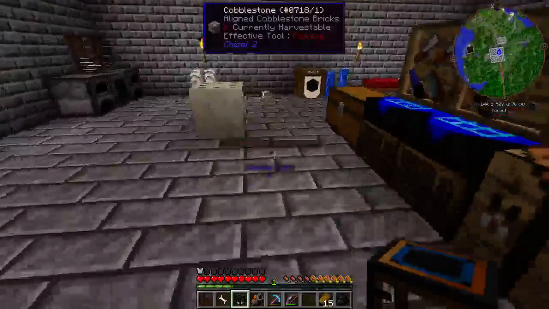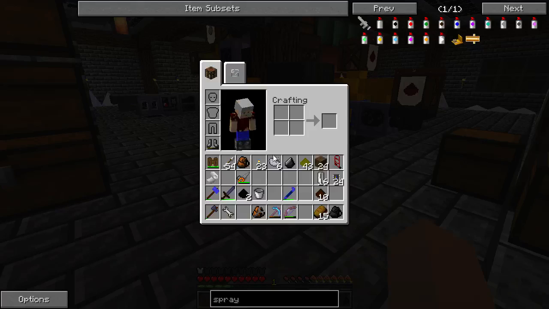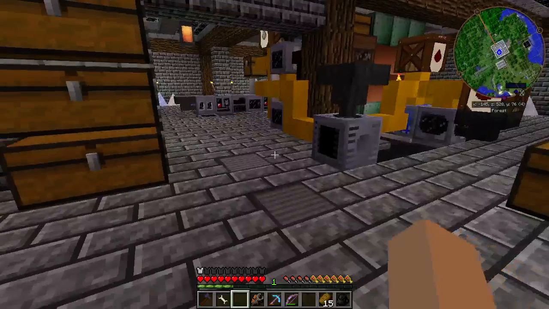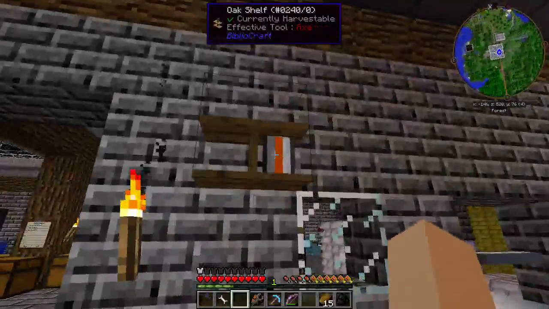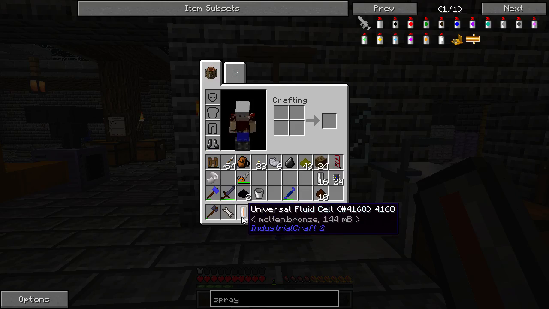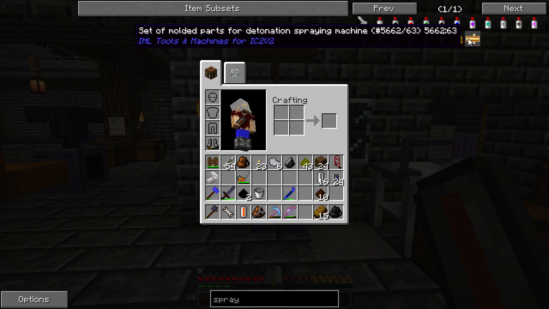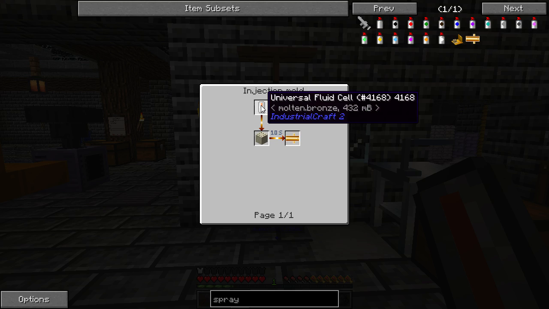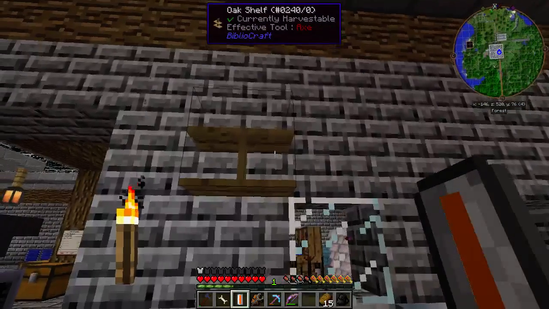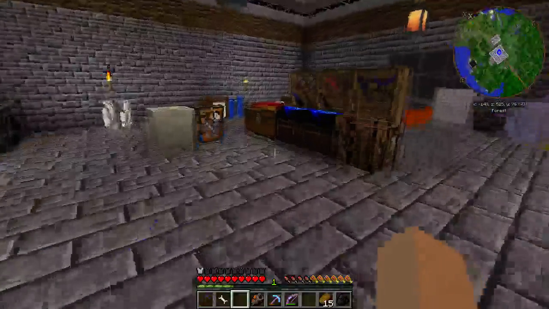Alright. So we're going to sit that over there. Now we also need to make this part, which is 432 millibuckets of molten bronze. And my only universal cell is currently sitting up here with molten bronze in it. And it has 144, so that means we're going to have to... You can't get 400. Well, maybe you can. Huh. Because I think a cell will hold 1,000 millibuckets, so...